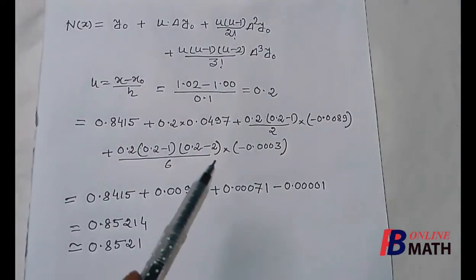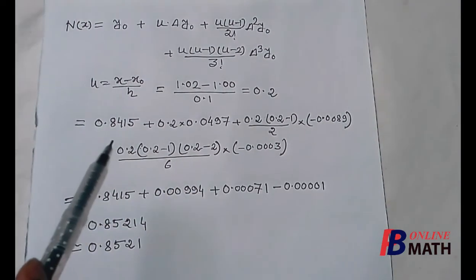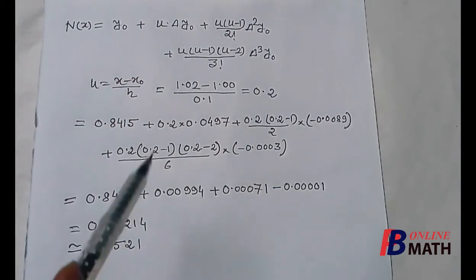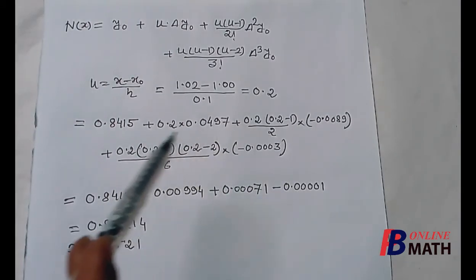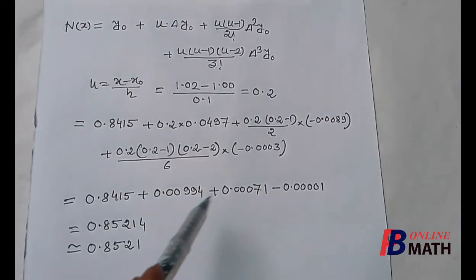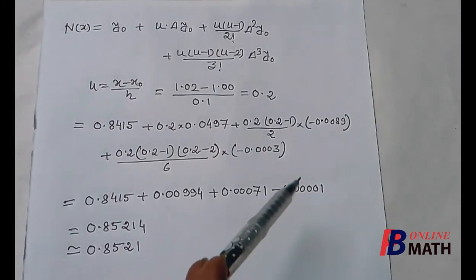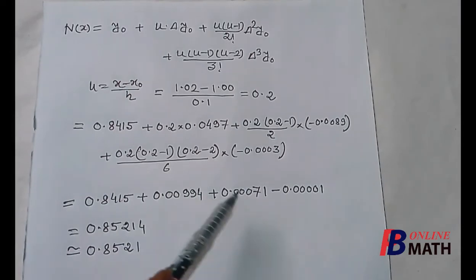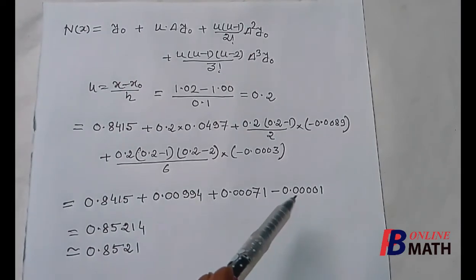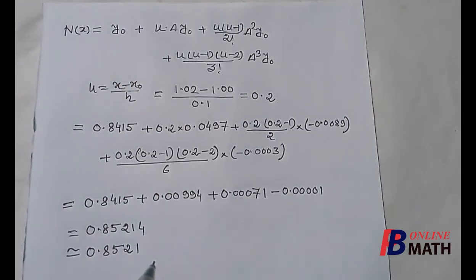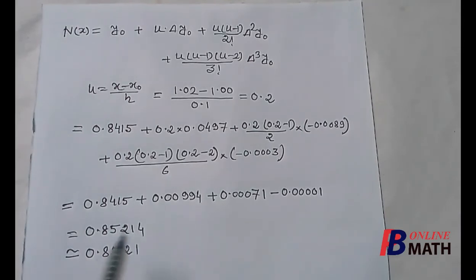Now using the calculator we can compute the values of these 4 terms separately. We find that the value of this term is 0.00994, the value of the third term is 0.00071, and finally the value of this final term is minus 0.00001. So simplifying this we find that this is